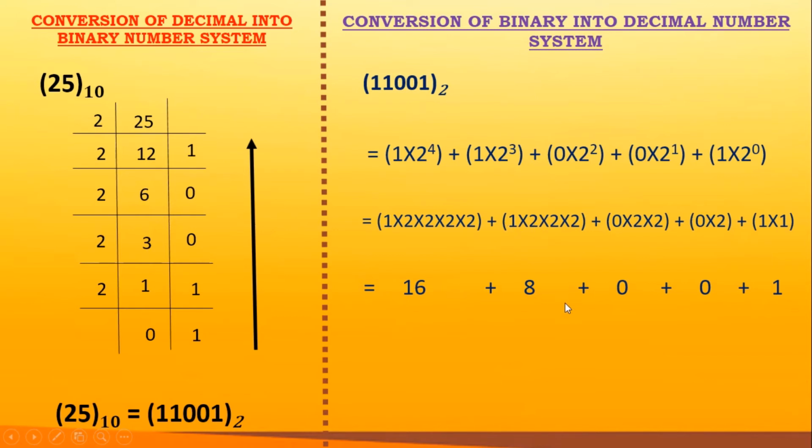So we have got these numbers here. Here it is 2 twos are 4 multiplied by 0, that is 0. Same way 0 into 2, that is 0, and this becomes 1. So let's add all these numbers, because rule number 3 is that you have to add all the numbers. So when I add all the numbers, the answer is 25. So this is how we converted binary into decimal.